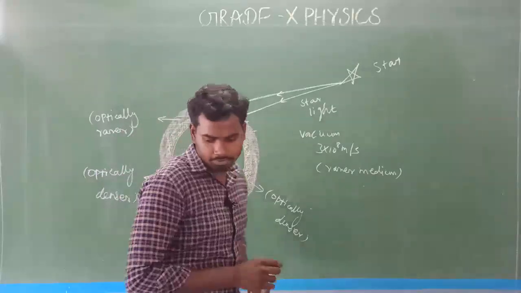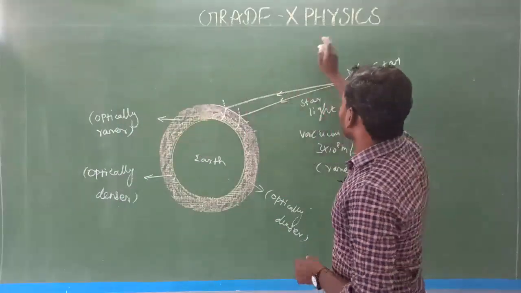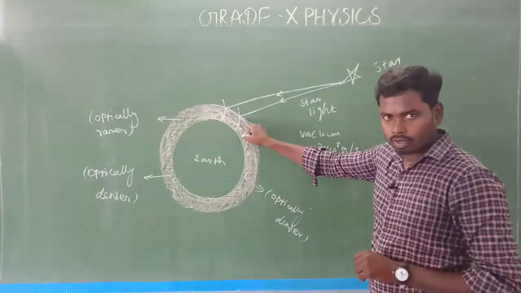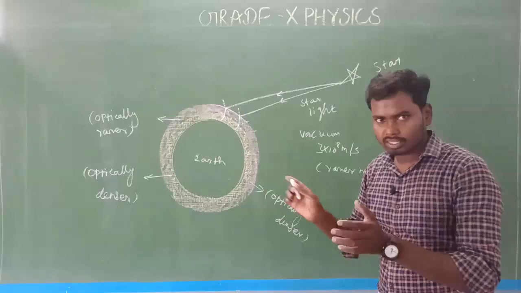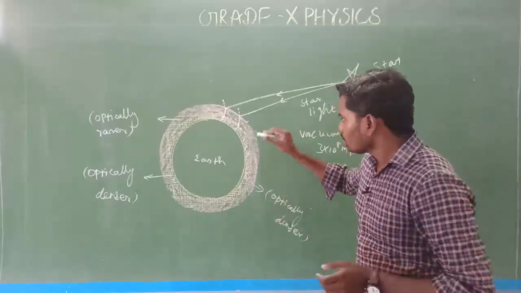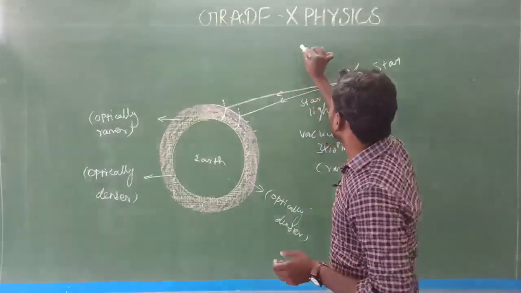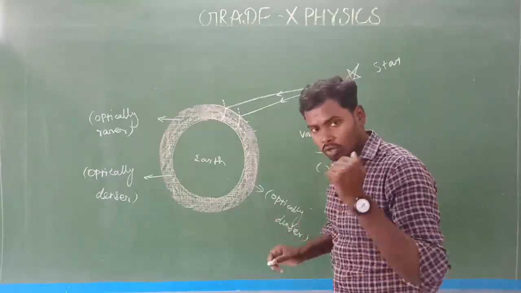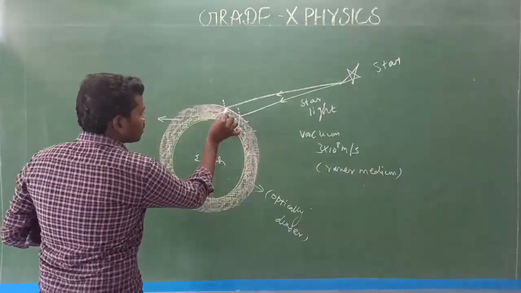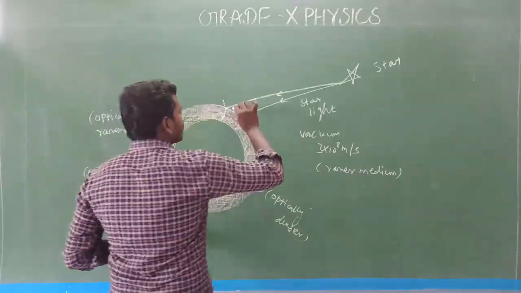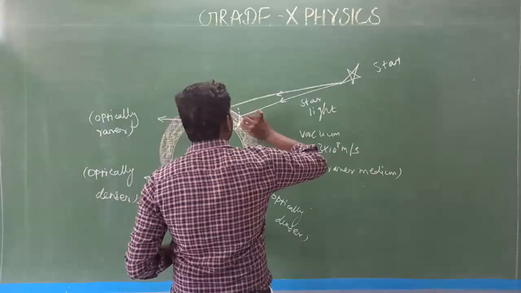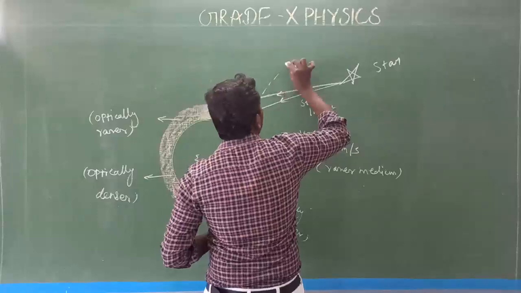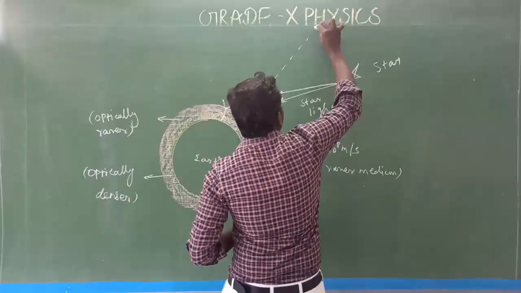Is it clear? Yes. So if we extend this refracted ray back, what will happen? Because in the atmosphere, multiple refractions take place. So if we extend these refracted rays to the back side, what will happen? That is a very good question. I am going to extend that. Listen here. So this is a refracted ray and this is another refracted ray, extend them back like this.